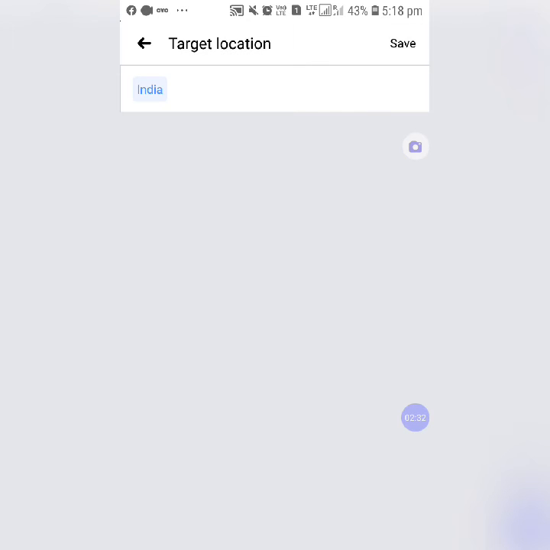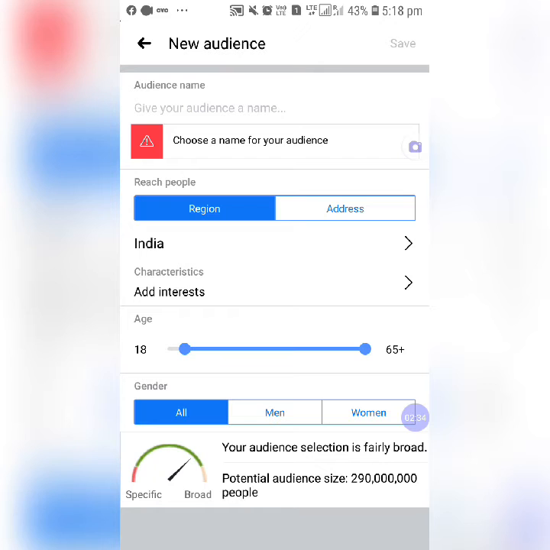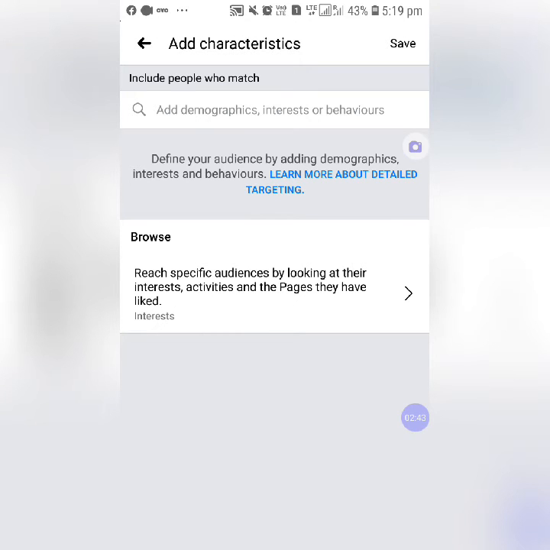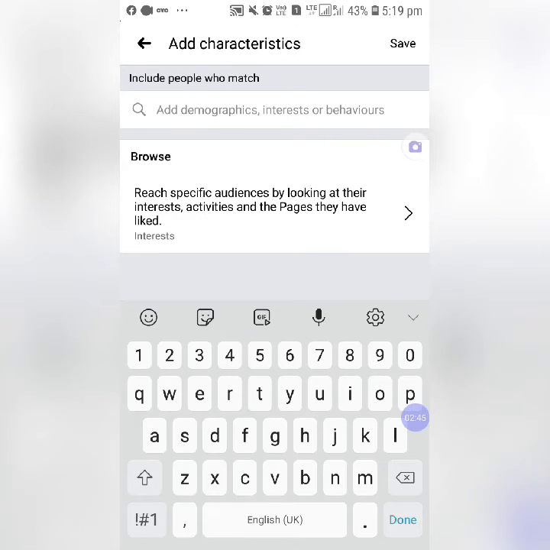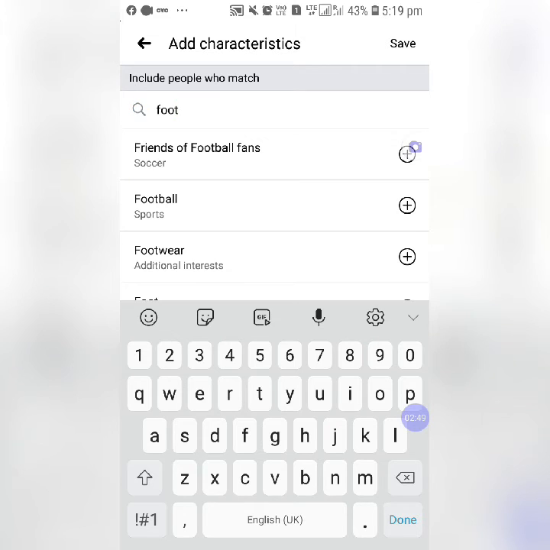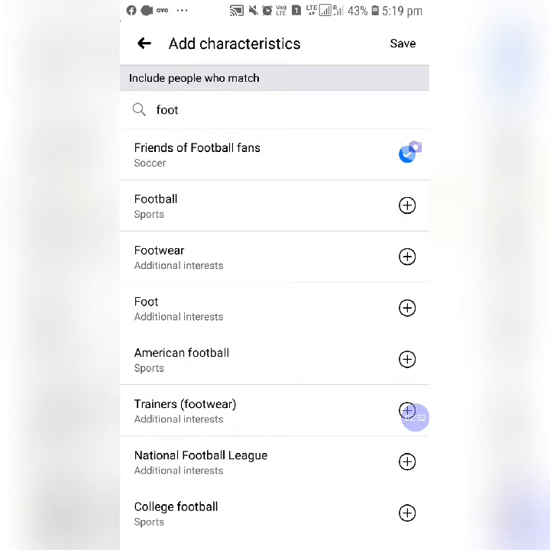We can be very specific regarding states as well. Then we can give the age, we can give the characteristics of audience, well, their demographics, interests, like I can give football lovers, friends of football fans. Yeah, football I can give.